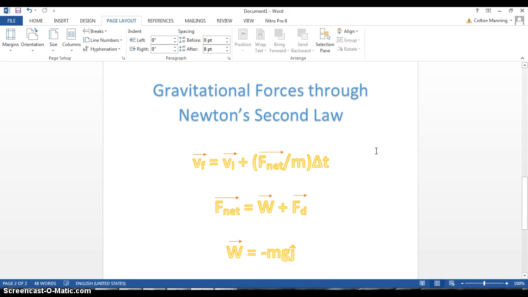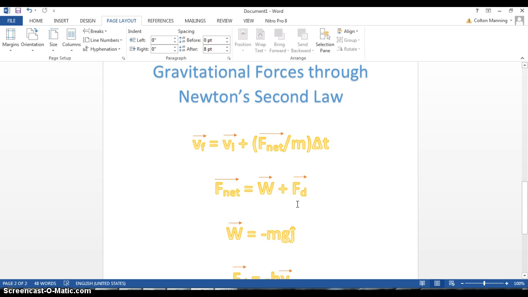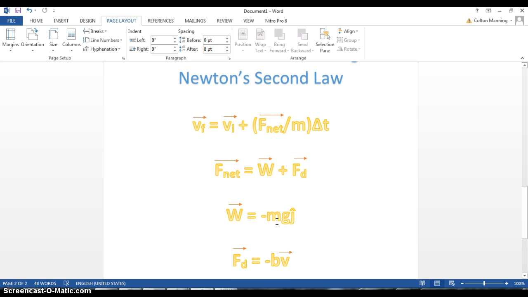Now we know that the final velocity vector is not going to be equal to the initial velocity vector because the ball's velocity is not going to be equal to zero right before it hits the ground. So we can assume that there is a net force, mainly gravity, acting upon this ball as it approaches the ground. The net force vector is modeled by the weight force vector plus the drag force vector, where the weight force vector is equal to the opposite of the mass times gravity, which is 9.8 meters per second squared on Earth,